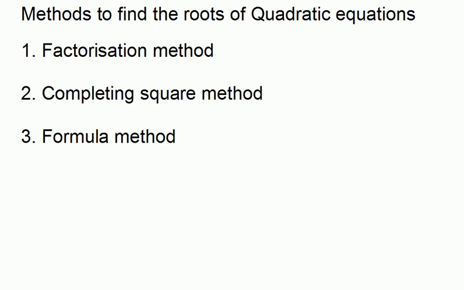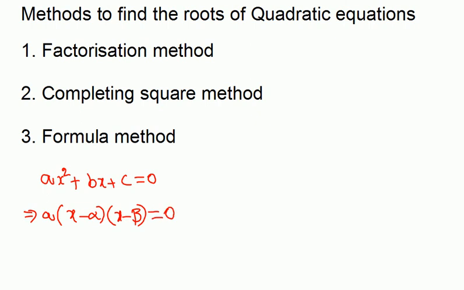So one is factorization method. Already you know how to factorize a quadratic polynomial. Suppose a quadratic polynomial is taken here. So that is ax square plus bx plus c is equal to 0. It can be factorized as a into x minus alpha into x minus beta is equal to 0. So it can be factorized as a product of two linear polynomials such as x minus alpha and x minus